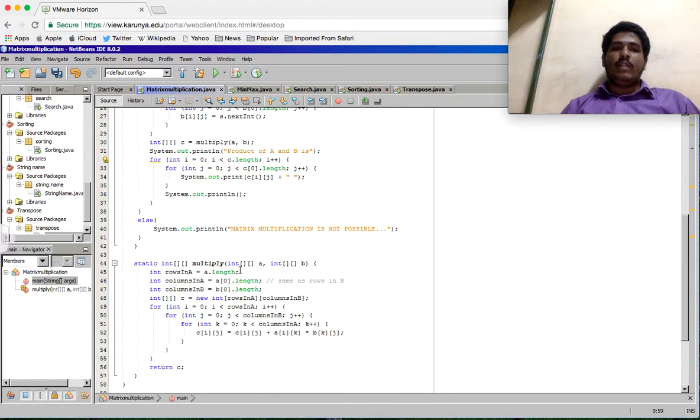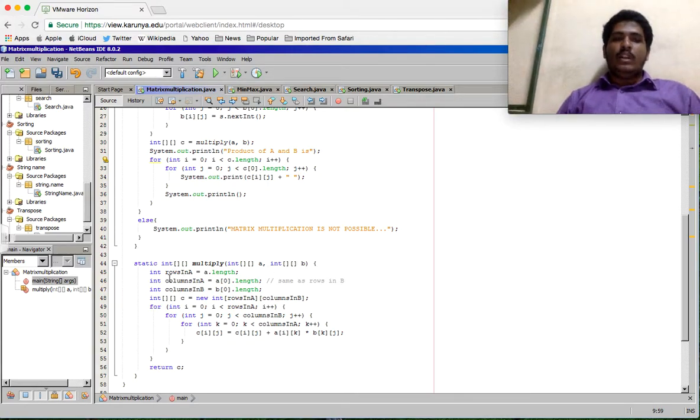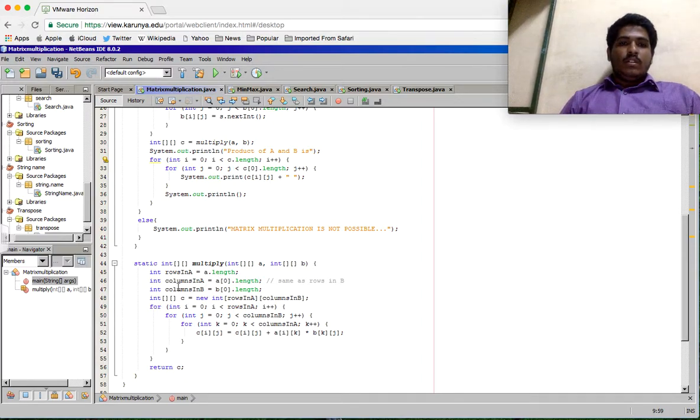static int[][] multiply(int[][] a, int[][] b) { int rowsInA = a.length; int columnsInA = a[0].length; int columnsInB = b[0].length; int[][] c = new int[rowsInA][columnsInB];